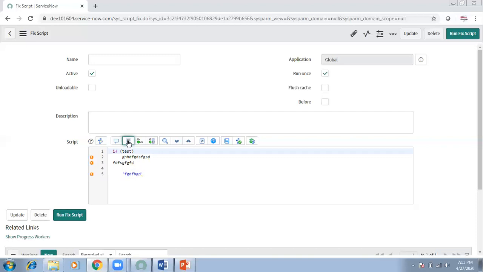Is it there everywhere? I mean, business rules, client scripts? Yes, this same editor you will find everywhere wherever you can write the script. It is standard for ServiceNow. Then here you can find next and all those things to find something in your code when you have 200, 300 lines of code. Then this is one more important feature which you might be using quite regularly.